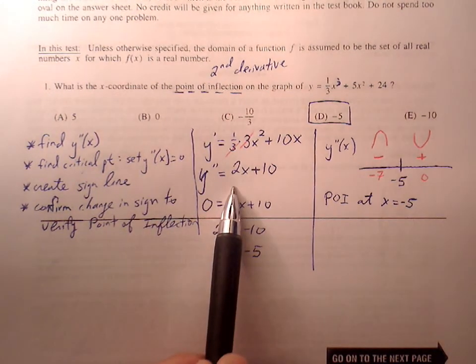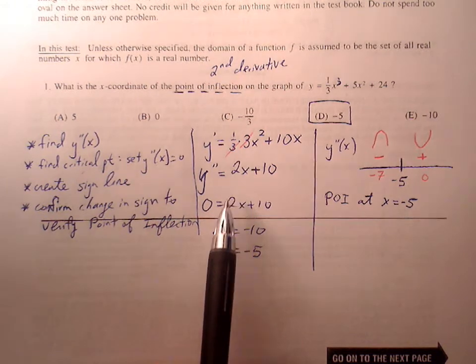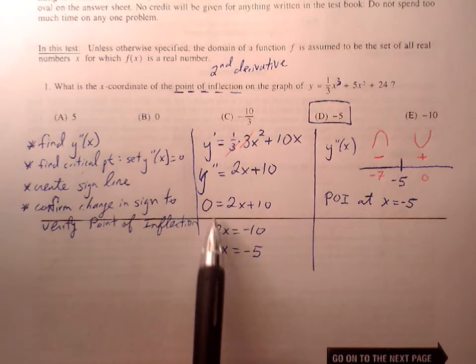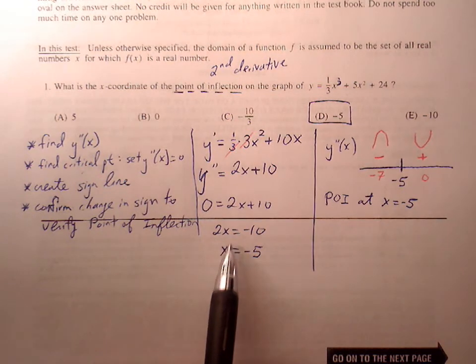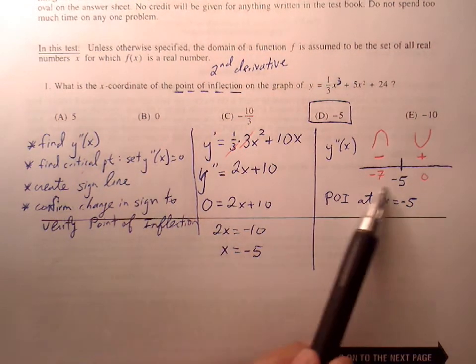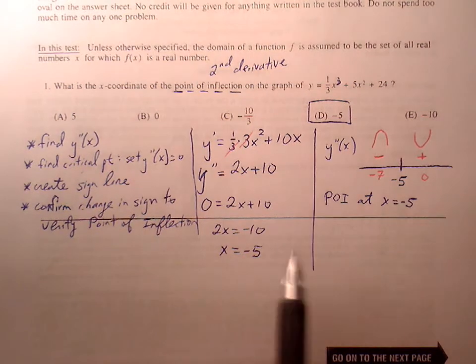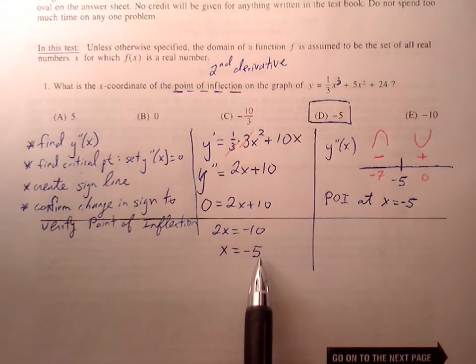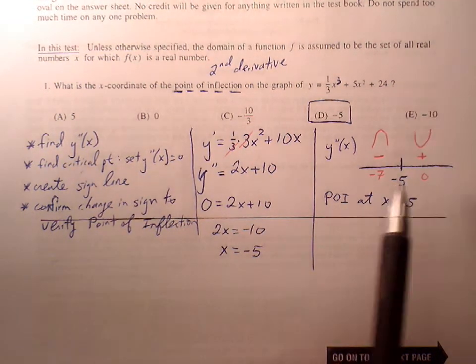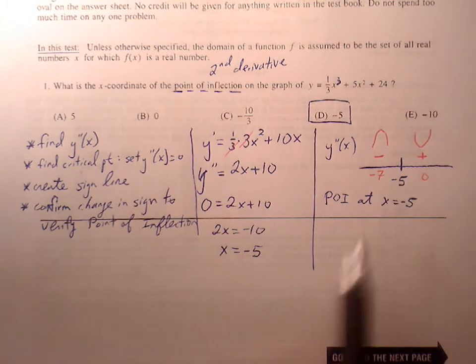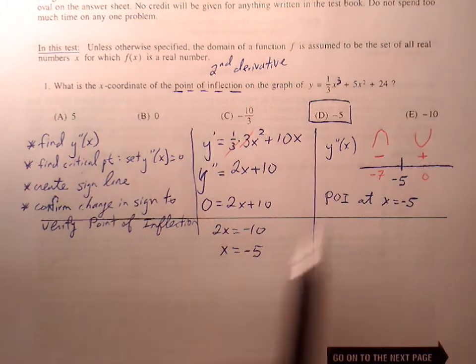Okay, so y double prime is equal to 2x plus 10. We set y double prime equal to 0. We solve for x. We get x is equal to -5. So that is our critical point. Now, this is something that we have to be careful about. Just because you find a critical point doesn't mean that it's always going to be a point of inflection. For this problem, it does work out, but just be careful that you have to put it onto the sign